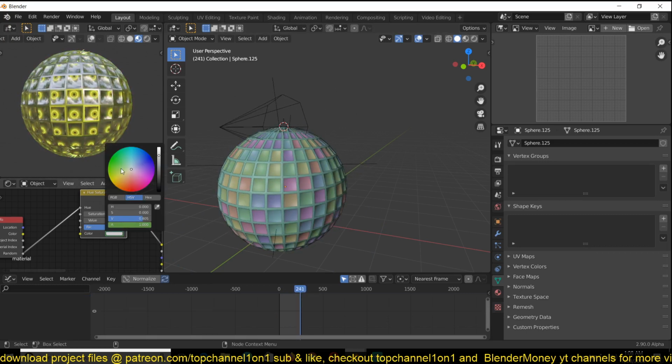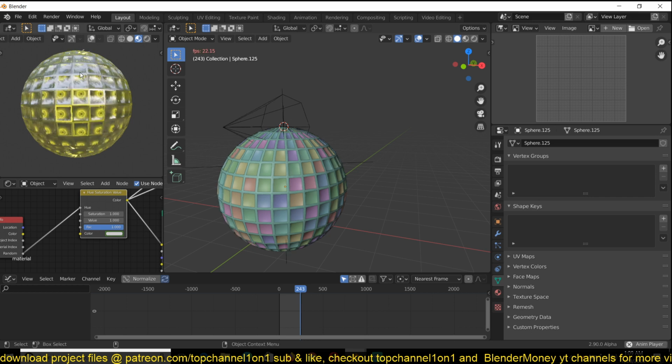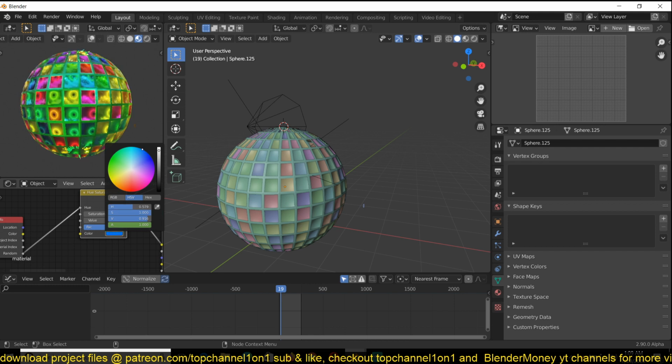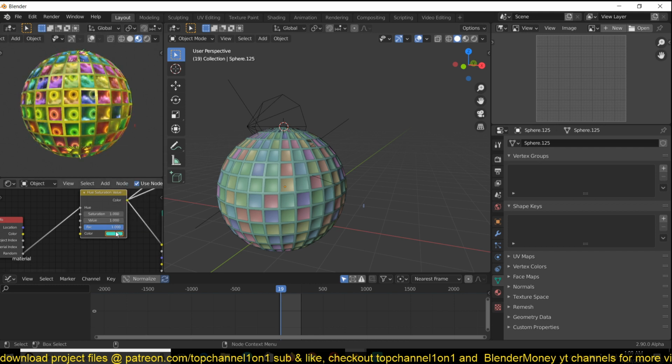Instead of changing the hue and saturation values here, we are changing this value. Hence the colors are not changing. We're just getting the brightness value changing.